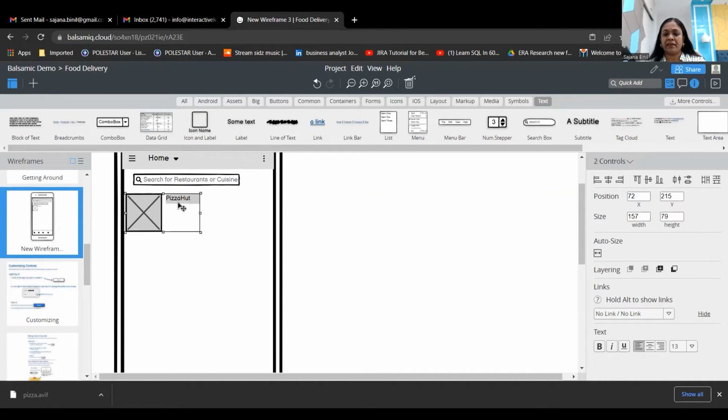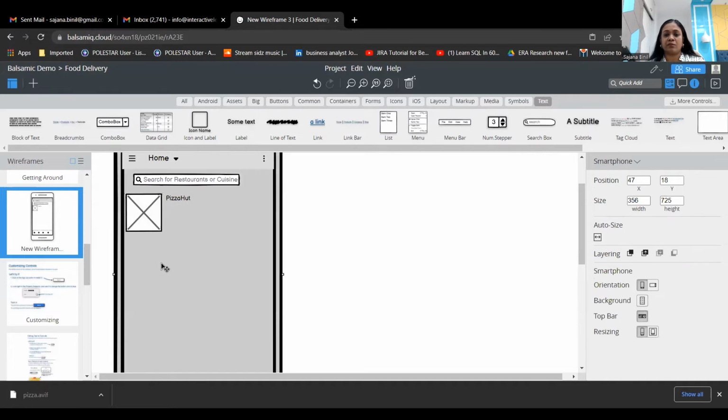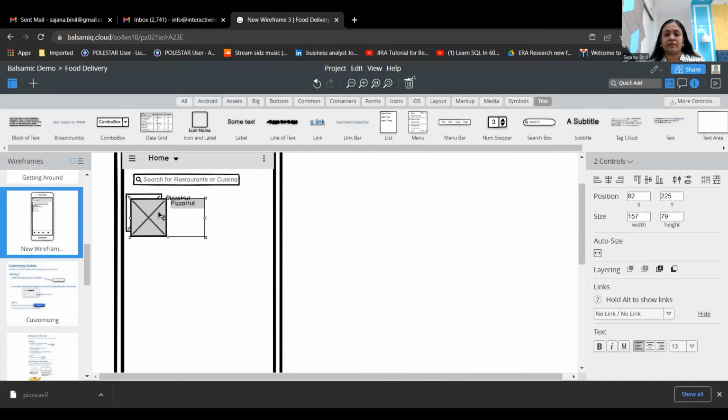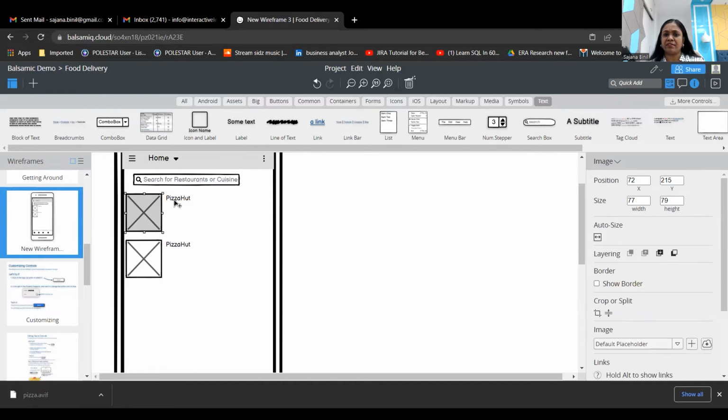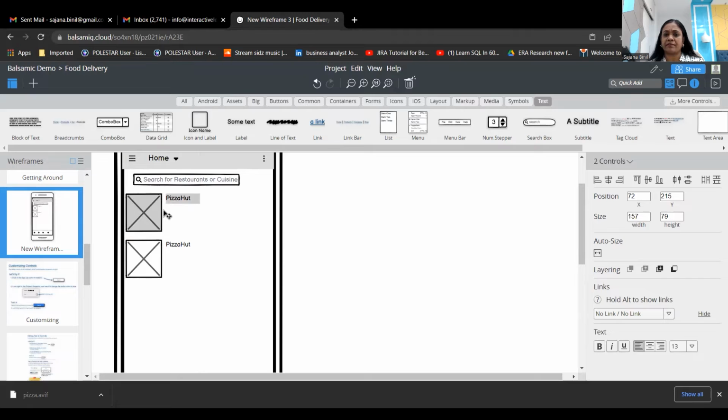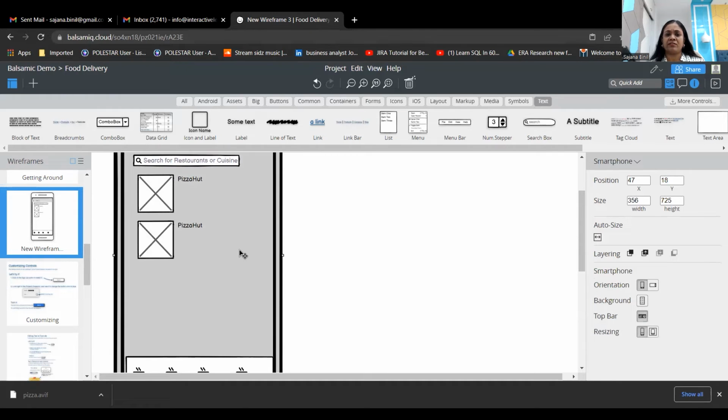I can just quickly shift-select these controls and go ahead and paste it below. So instead of dragging them once again into the canvas, this is a quick way in which I can do that. And arranging these controls is so simple and easy. You get these grid lines that show you the exact alignment. Okay, so I can place 2 restaurants here, and then I can have a section called